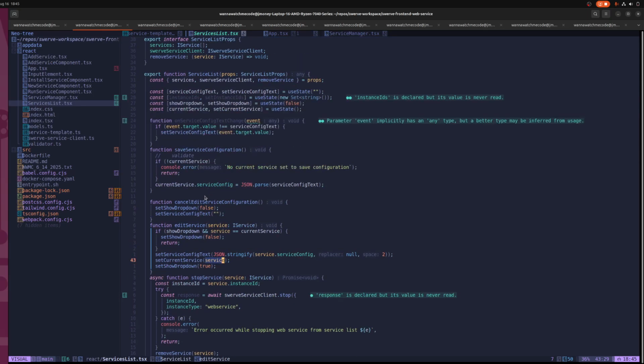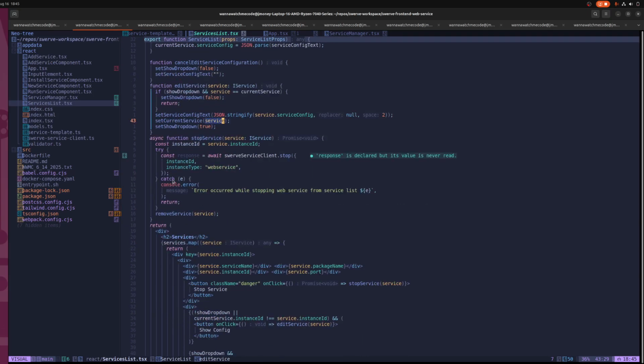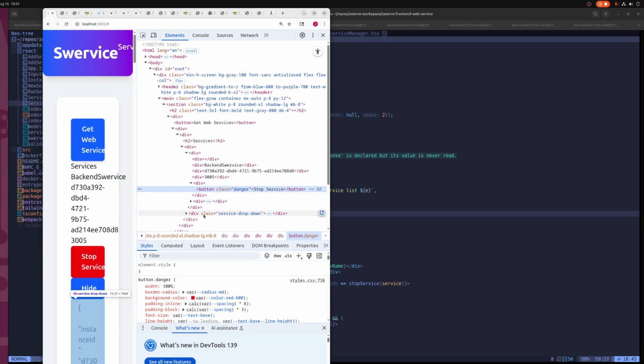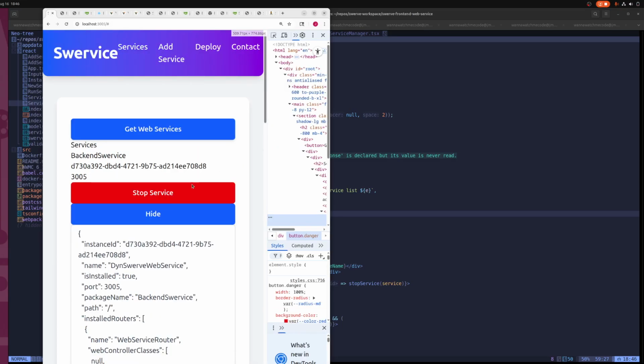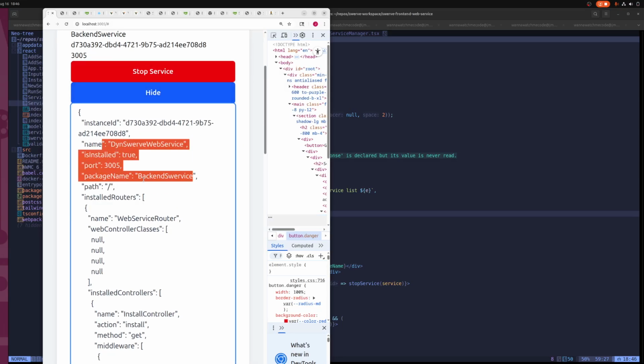Oh, it's edit service. Stop service. Catch error code while stopping service from list. Okay, let me check the console. How much of these configs can someone edit? Having this with editable. Oh, so this isn't editable here, but